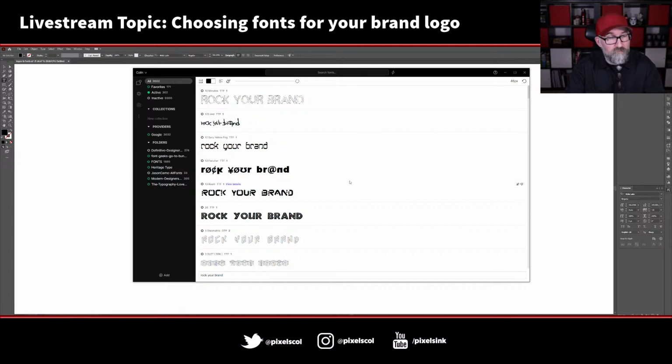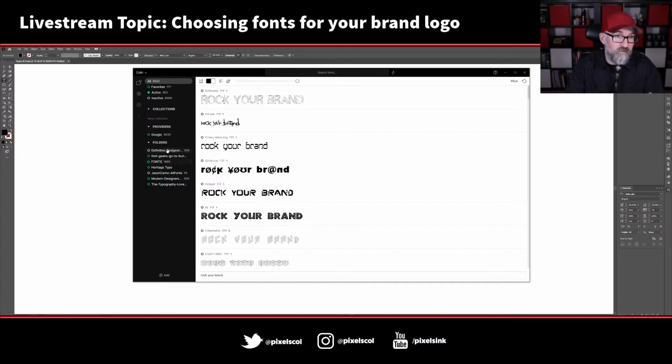Fontbase is a free tool. If you want the Adobe Creative Cloud integration, you need to pay for it. It's $3 a month, which is next to nothing really. So I pay the $3 a month and I get access to that functionality. But it is free if you don't want that Creative Cloud functionality. And to be honest, if you don't have a font manager, install this free version and work with this.